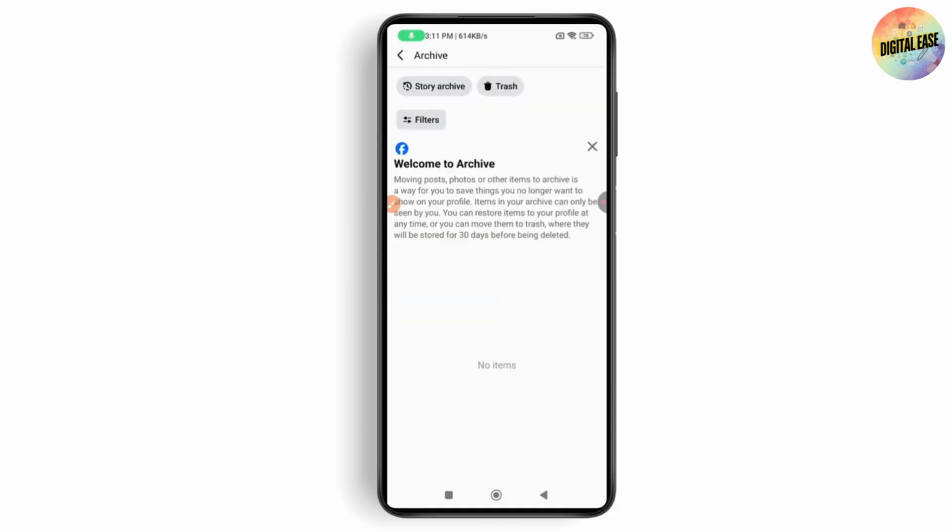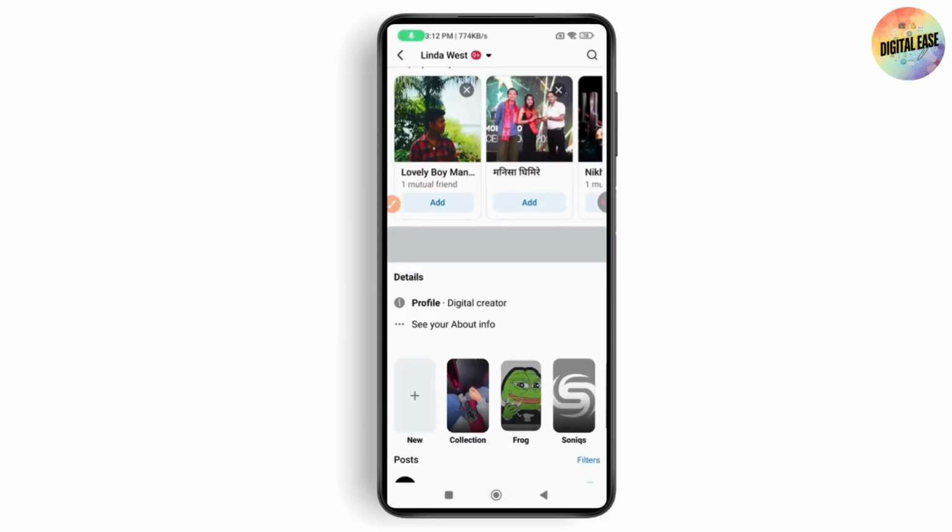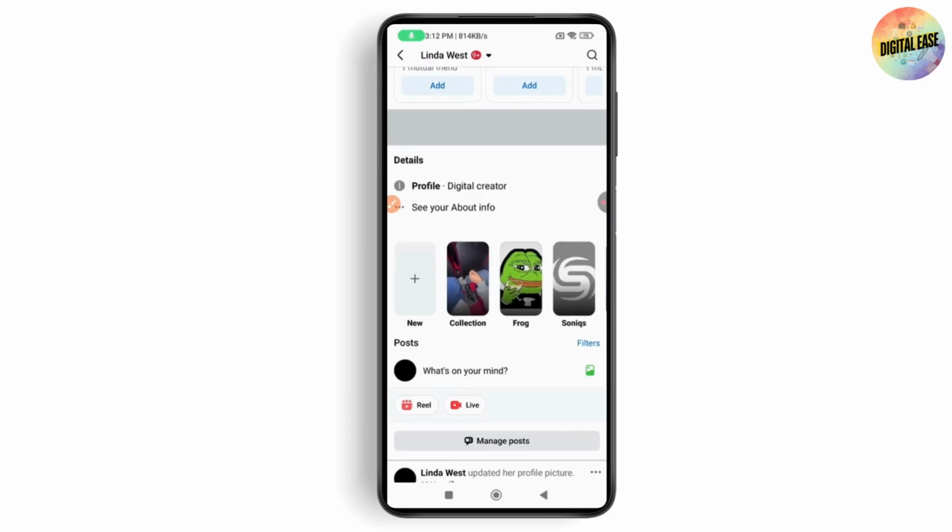saved to your highlight. You can go back, check your profile, and if you scroll down, then here you will have your highlight. That's how you can add story highlights on your Facebook, and if you have any questions,